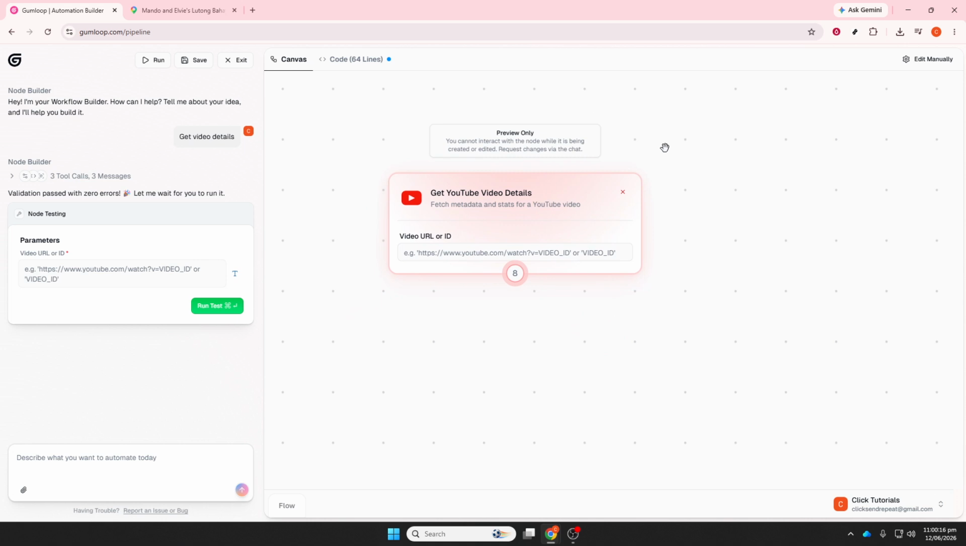Finally, automate the whole process with a trigger. That trigger could be a new keyword added to a spreadsheet, a form submission, a content calendar update, or a scheduled daily run. Once connected, your flow can move automatically from